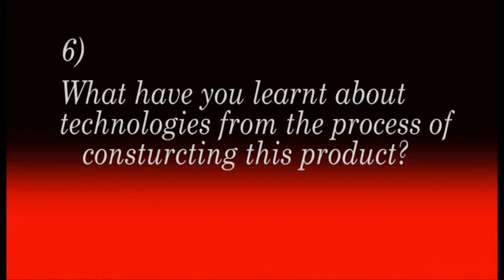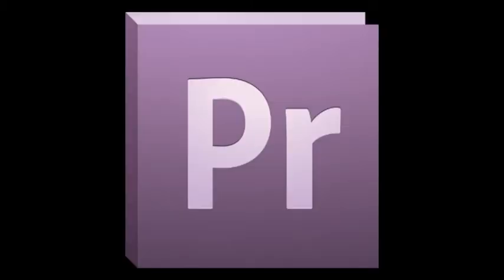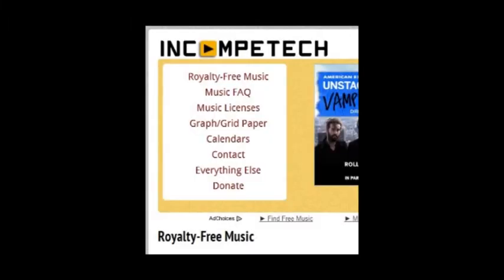Question 6. What have you learned about technologies from the process of constructing this product? To film and produce our opening, we used different software and technology to make it to the best quality and standard possible. The technology we used in our short film was the Sony HD camera for filming, Adobe Premiere for editing, BlogSuck for blogging,